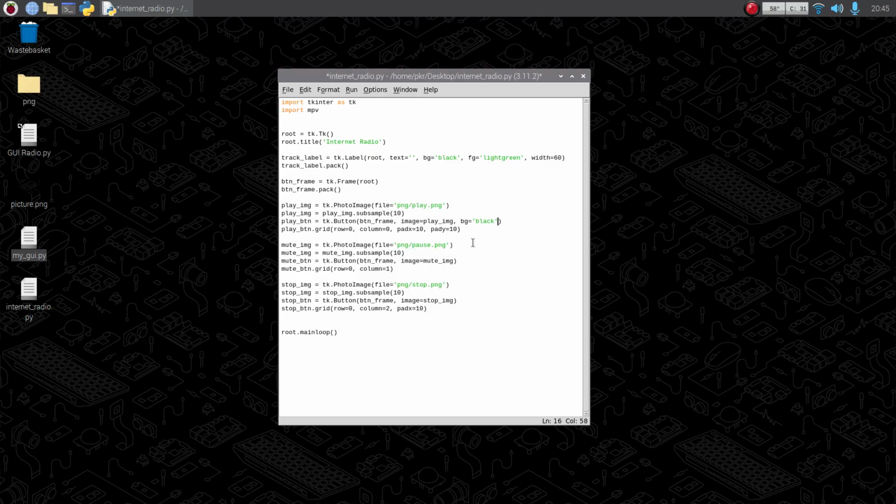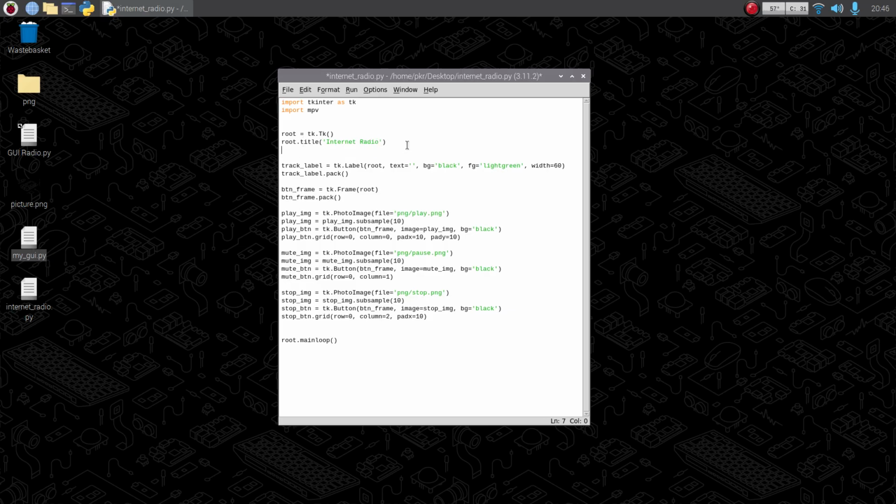And I'm just going to be slightly lazy, and I'm just going to copy that into there and there, and in the main window I'm going to set the background, so root dot config background is equal to black, and then we should have a completely black